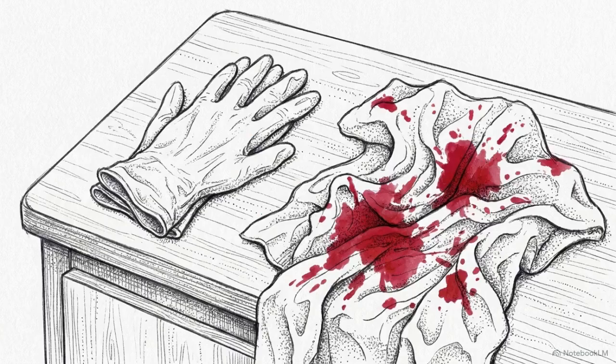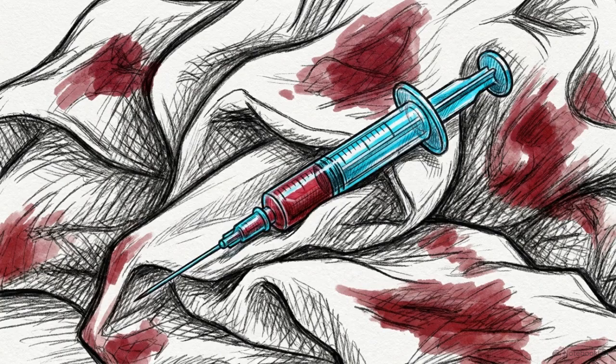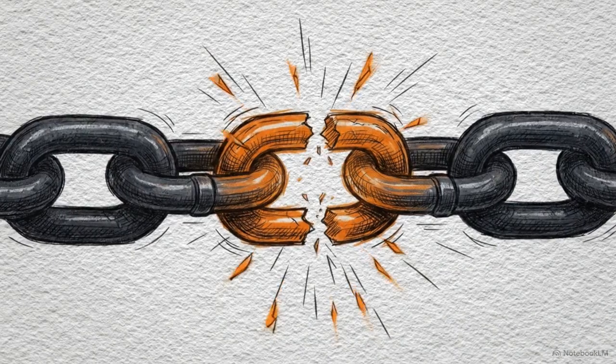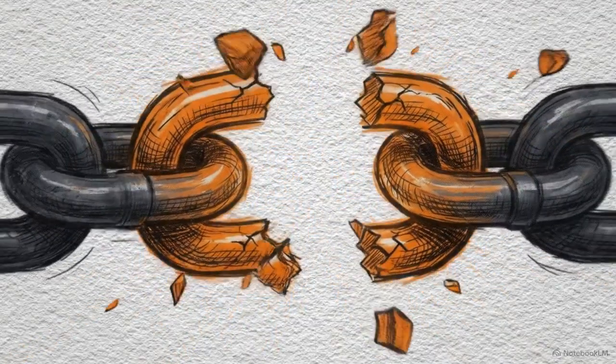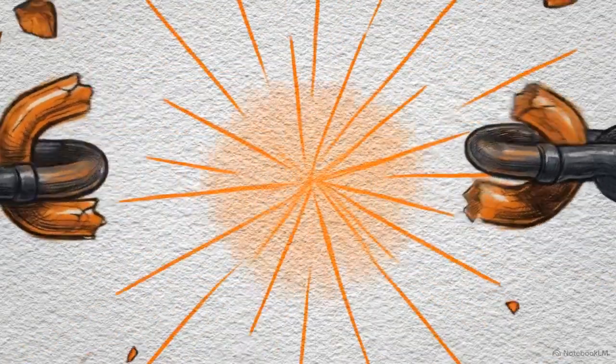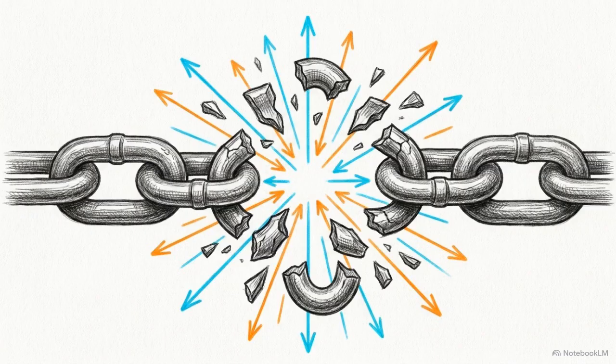That also means you can get sick from touching objects that have those fluids on them, like soiled clothing, bed sheets, or used medical equipment. Because the virus demands this exact direct physical contact to move forward, the transmission chain is actually quite fragile. It is a chain we can clearly see, and more importantly, one we can avoid.